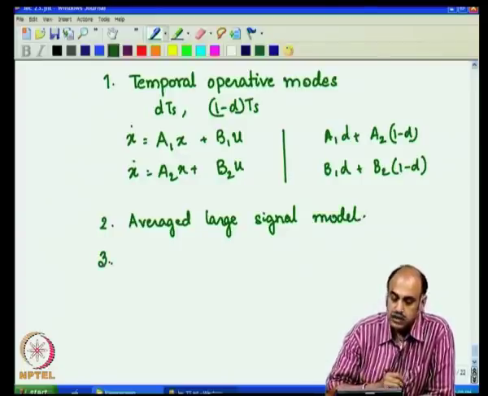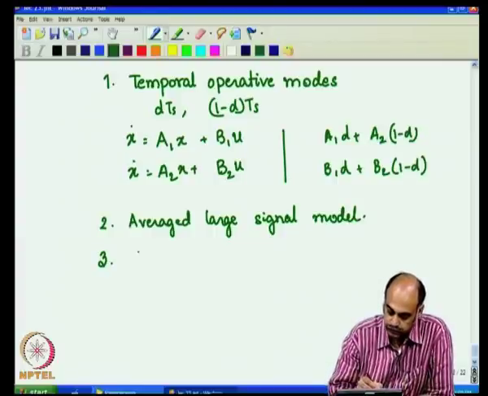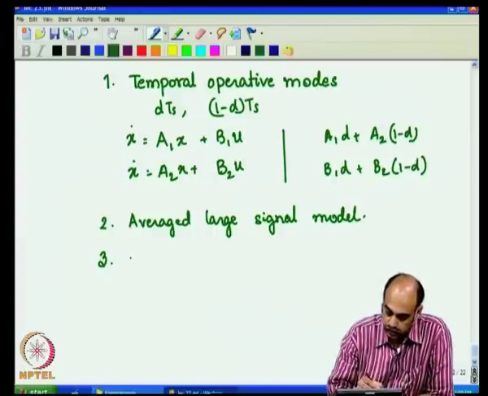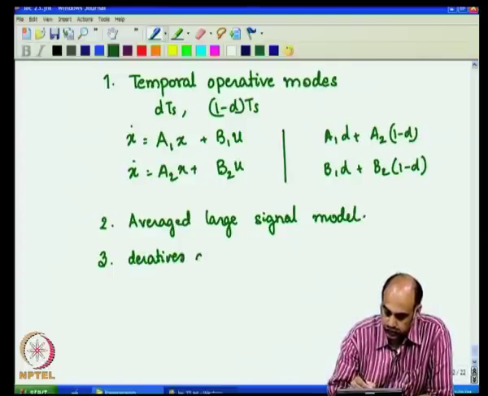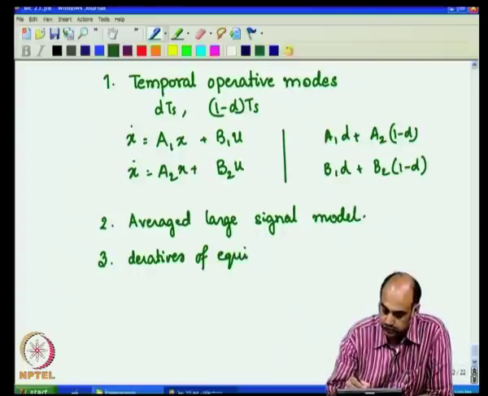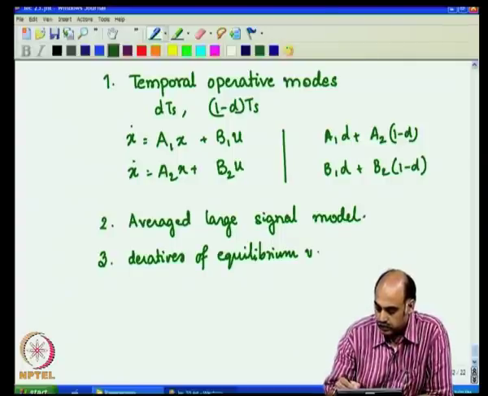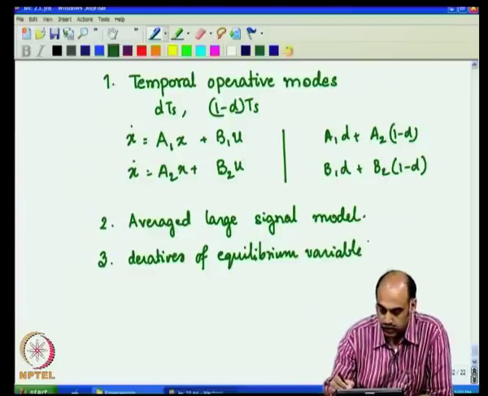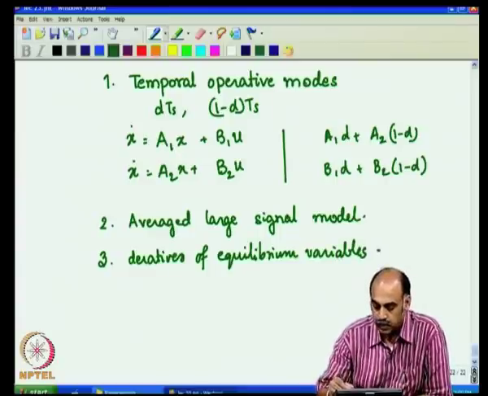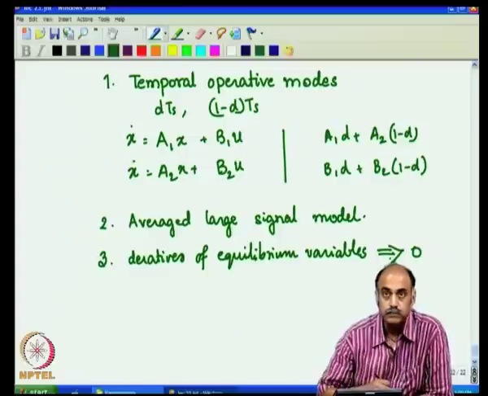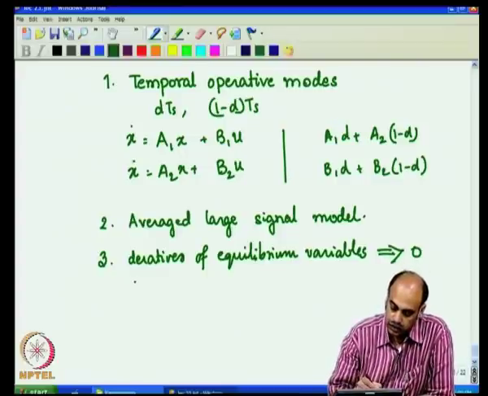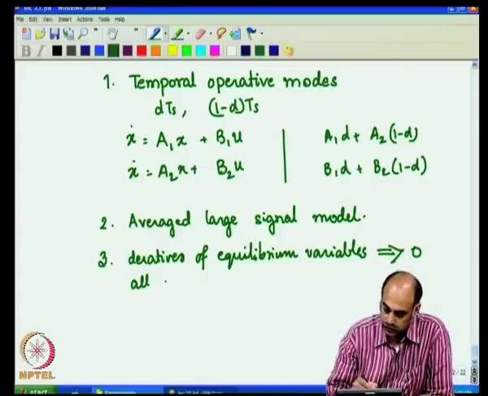And then from the average large signal model, the derivatives of equilibrium variables or states are set equal to 0, and all other variables